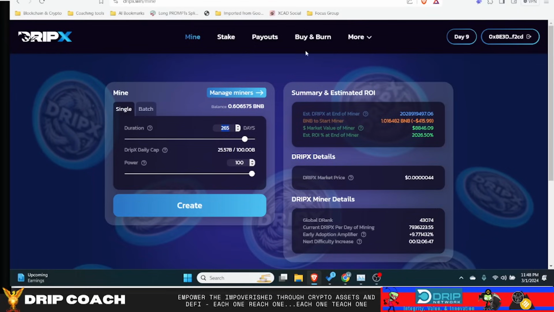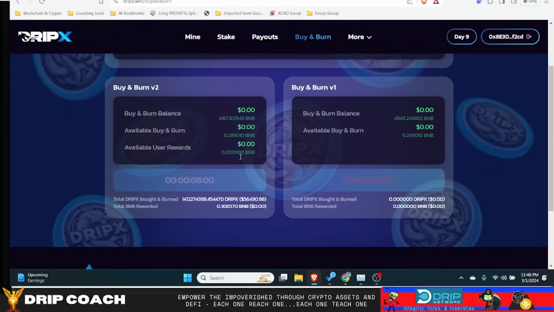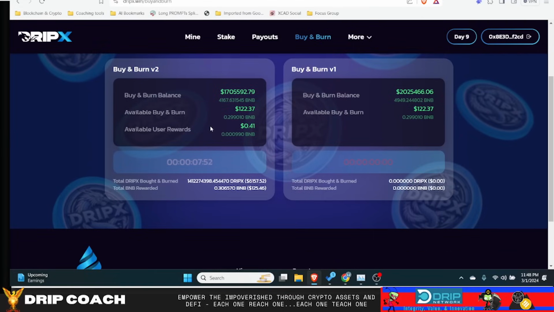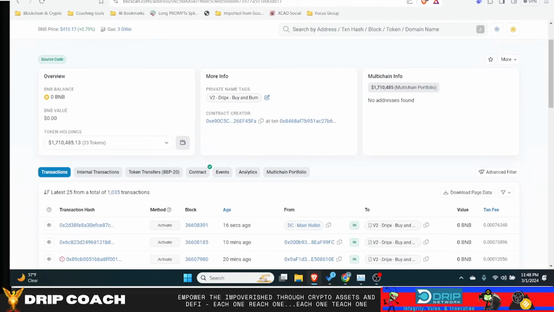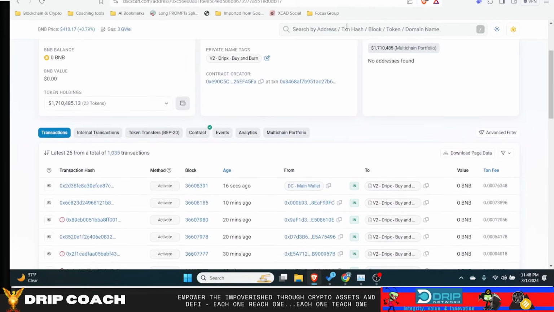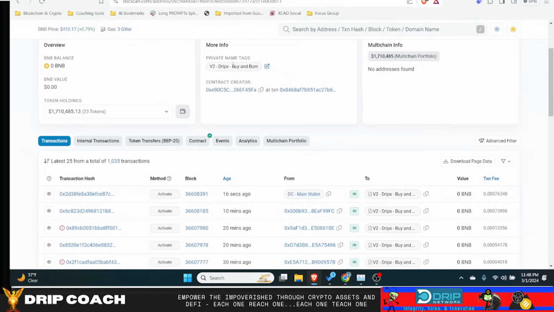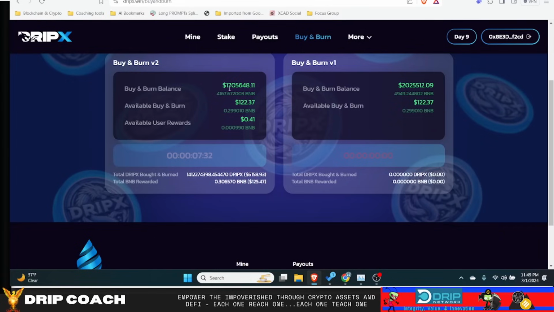And we can see that over here on the buy and burn. It now does $122 basically. And that's at the current price of BNB. And I ran this transaction already, so I can show you guys. So you can basically, if you call this, you can make 11 cents. And I'll show you what I mean. So we come over to the contract. This is the V2 DripX buy and burn contract. You see the 1.7 million in liquidity, which matches up with what you see here,